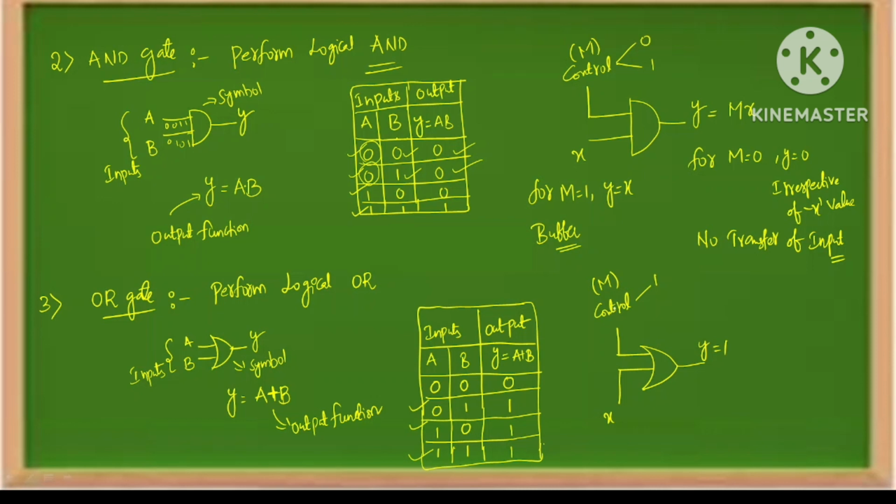Because for an OR gate, if any one of the inputs is high, the output is high. That's why I can write here, for M equal to 1, Y is equal to 1, irrespective of the X value. When M is equal to 1, the output is equal to 1, so there is no transfer of the input signal taking place here. Okay. Now for M equal to 0,